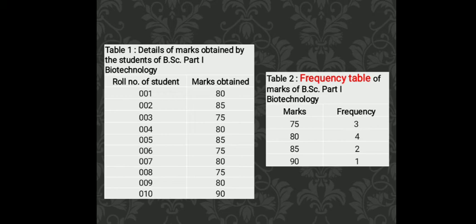Through this frequency table, one can easily interpret the number of students with highest marks, or the highest number of students with a particular mark, or the number of students with lowest obtained marks. Such interpretation can be made easily by analyzing the frequency table.